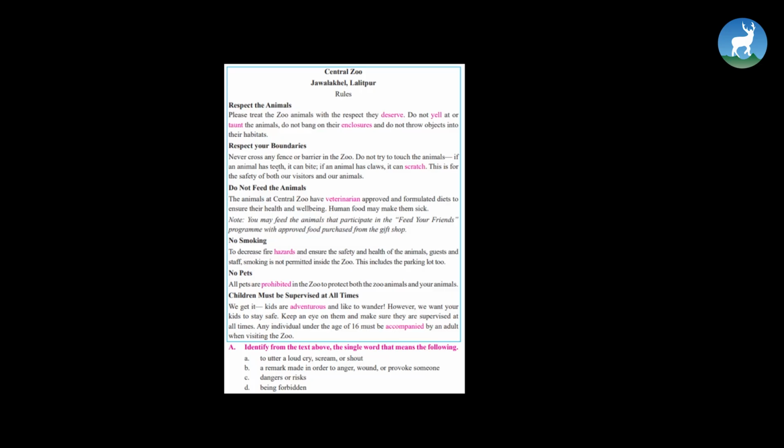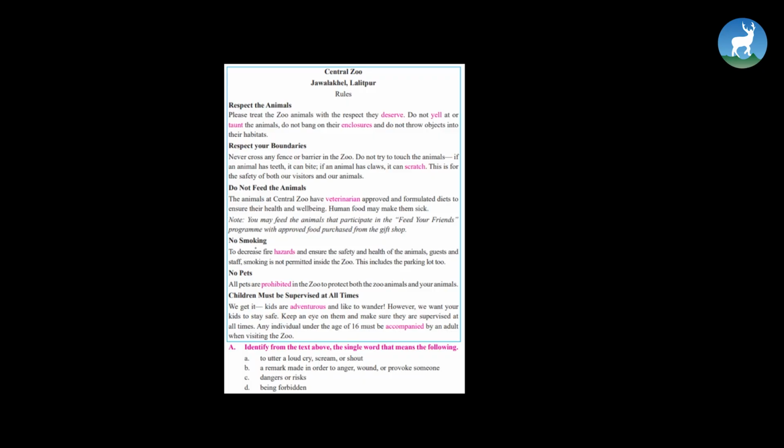If an animal has teeth, it can bite. If an animal has claws, it can scratch. This is for the safety of both our visitors and our animals. Do not feed the animals. The animals at Central Zoo have veterinarian approved and formulated diets to ensure their health and well-being. Human food may make them sick. Note: you may feed the animals that participate in the Feed Your Friends program with approved food purchased from the